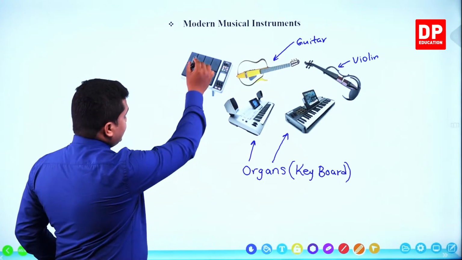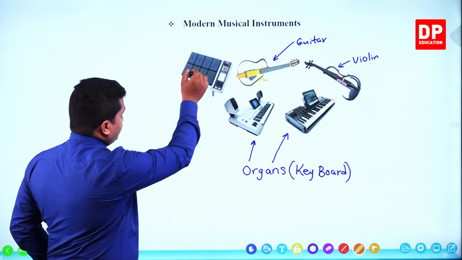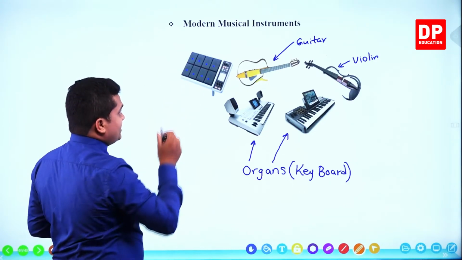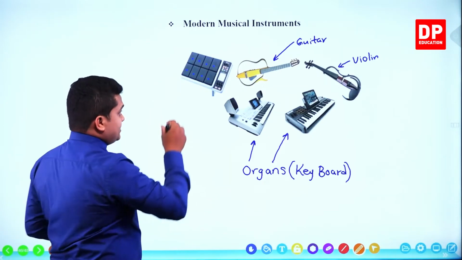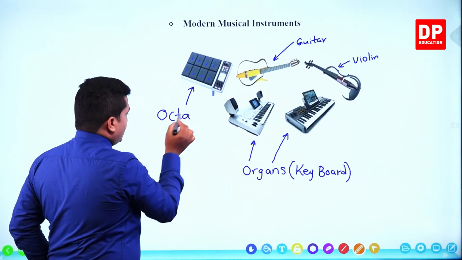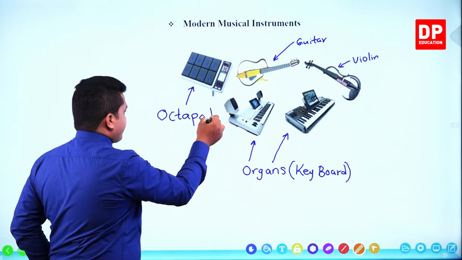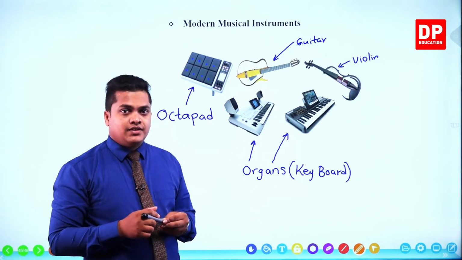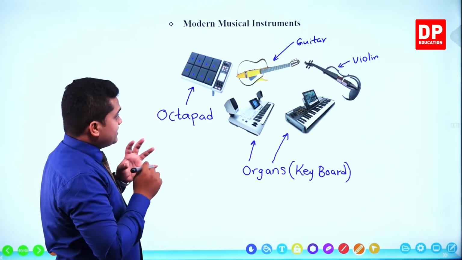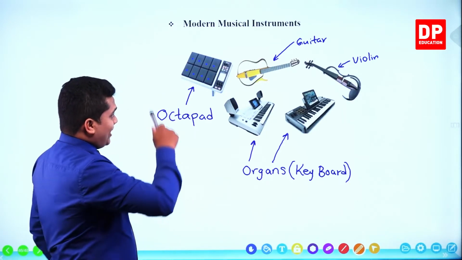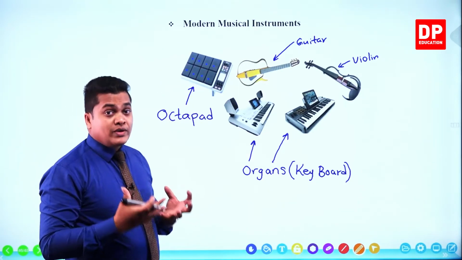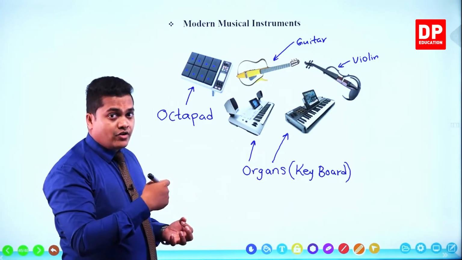There are 8: 1, 2, 3, 4, 5, 6, 7, 8. There are 8 slides, plates. Therefore, this thing is called the Octa Pad. This is called the Octa Pad, as it has 8 slides or 8 plates. So sound is emitted from the Octa Pad when tapping on these 8 slides separately, and it's also electronic. We can plug it into an electronic system.